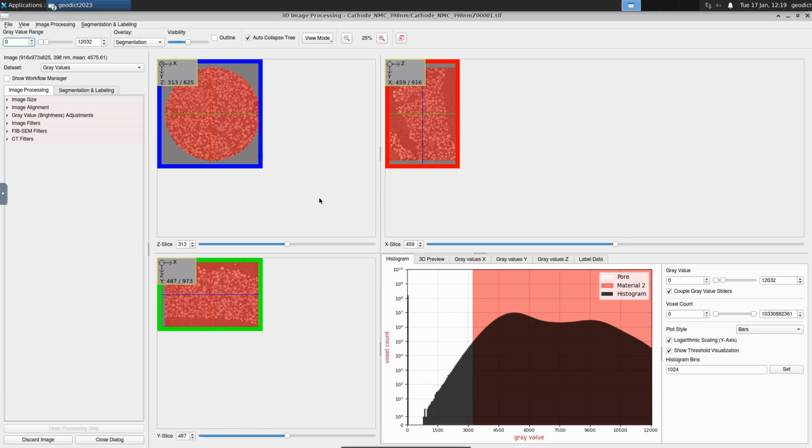For now, we don't want to see this overlay, and therefore we change the visibility of the overlay up here. So you have a slider for the visibility, and drag that completely to 0. If you want, there are also other overlays available, but for now we just keep the default of the segmentation. Then, if we see the structure now better, I can show you the main controls.